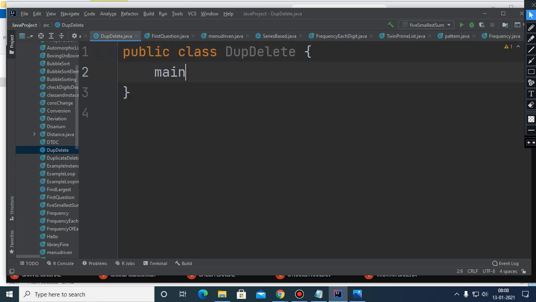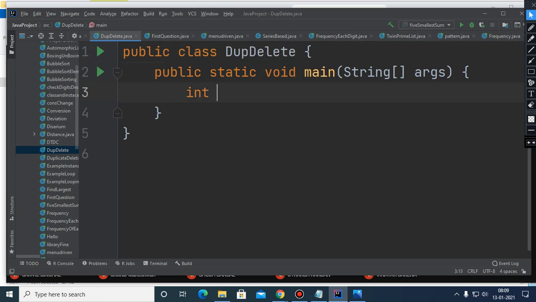Here it is the main method. I'm not going to write a separate function, simply within the main method I'm just going to show you the logic. This is the size variable you have taken.